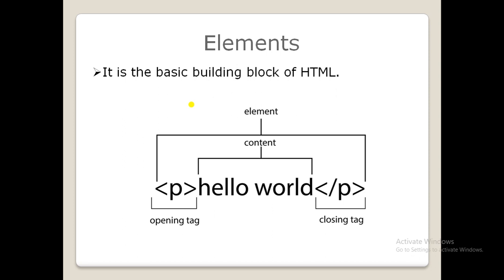For example, over here I have taken an example with the opening tag P and the closing tag again as forward slash and P, and the content between both of them is hello world. So this is your HTML element. The tags just mark the beginning and end of the HTML element. The opening tag is the beginning, and the closing tag is the end of your HTML element. So this is how you will write an element in HTML.